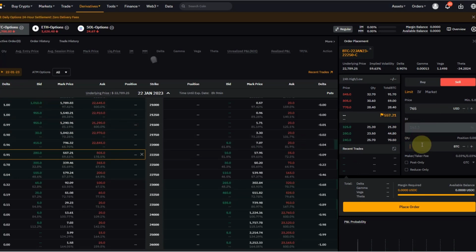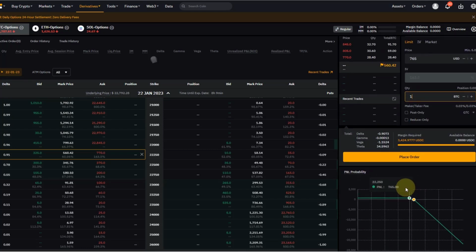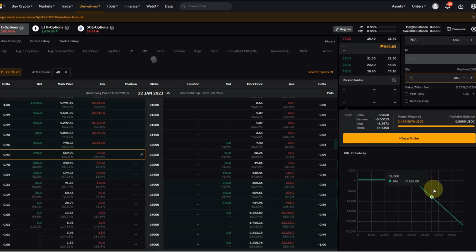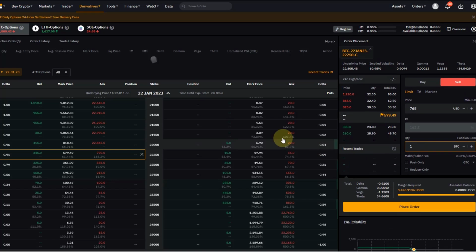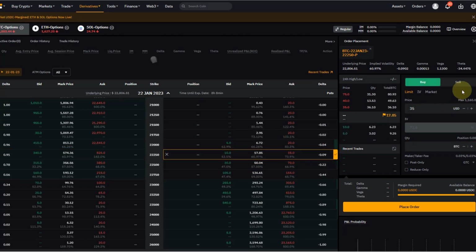call, and again, just selecting here that 1 BTC, here you can see that with that, you are betting that the price of Bitcoin is going down, but your profits are sort of limited. But if Bitcoin's price goes against you, you see that theoretically you have unlimited losses. That means you have to put much more margin into the account as well. And you can see this can easily wipe you out. So be extremely careful with that. I would not recommend this anyway to anybody who's not an absolute professional. Going short options is dangerous,